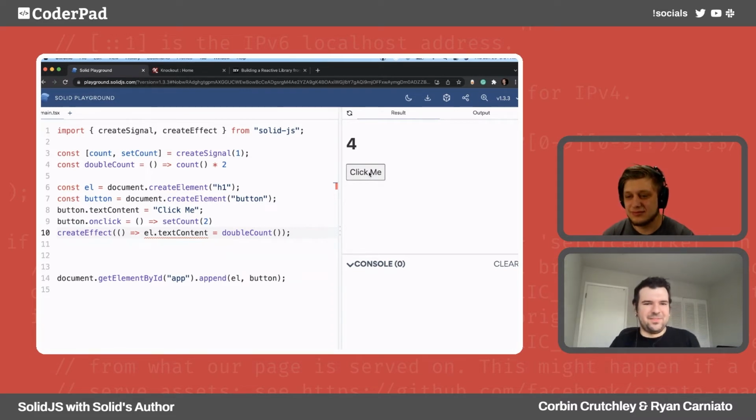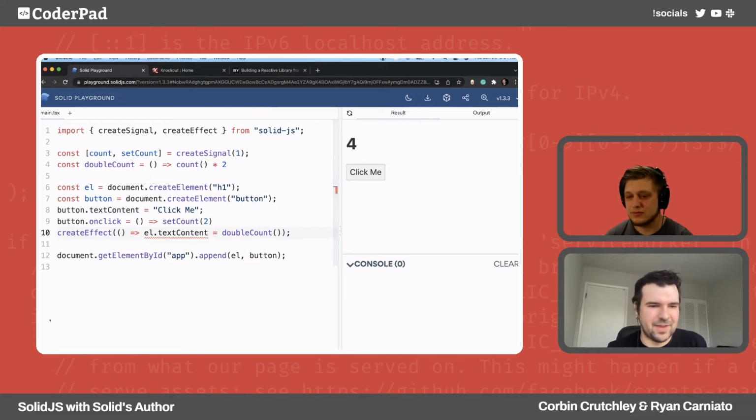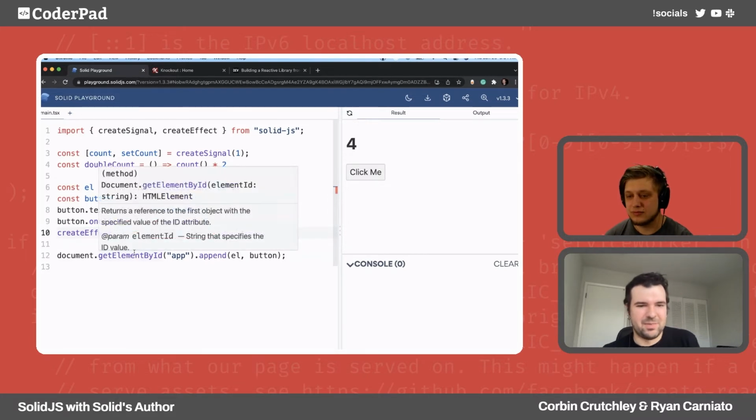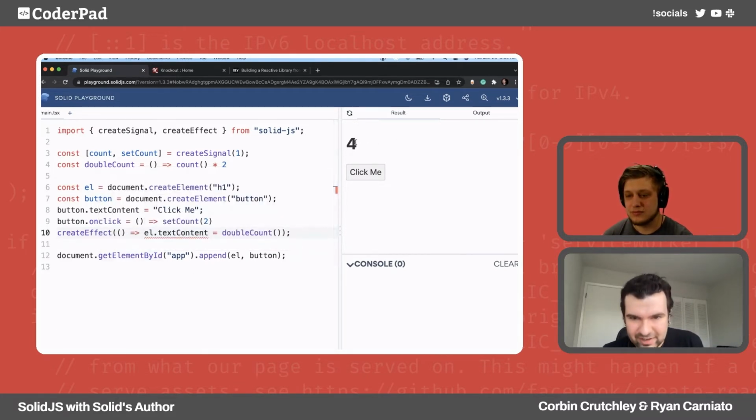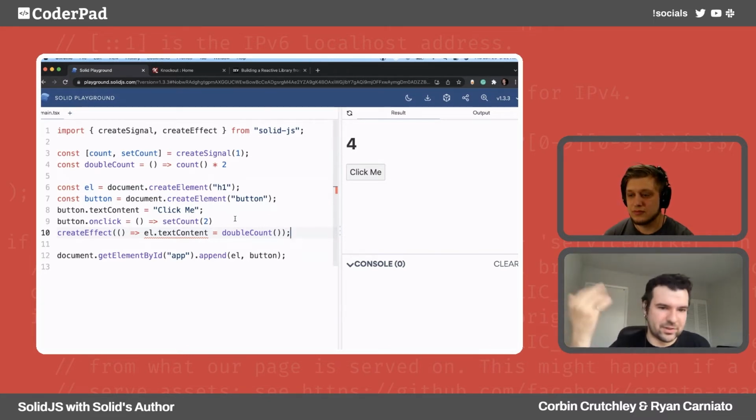This is not terribly surprising, but this is just vanilla JS programming. I could do some stuff myself without the reactive system, but this effect removes a lot of my complexity. In the end, I'm literally just changing the text on this one DOM element, and I had to do a bunch of wiring to do that.